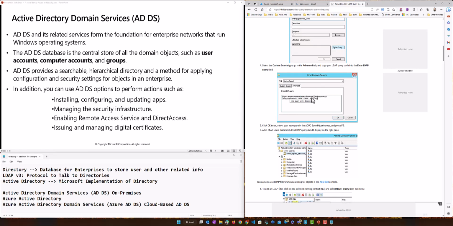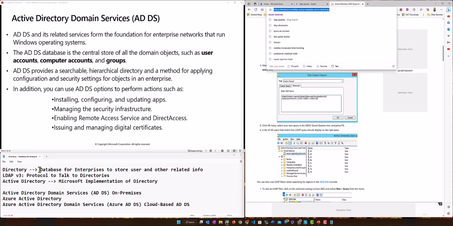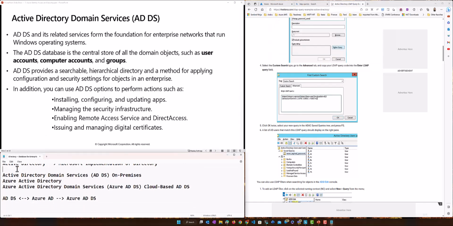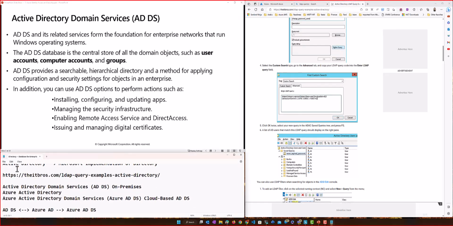We need to understand this, but a lot of the time we don't need to understand the low level stuff of the query, but just giving you the idea of how LDAP queries work. This is an interface of LDAP, and Microsoft has given you this interface to do the LDAP queries.